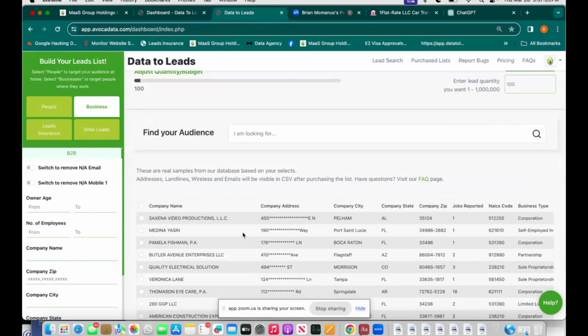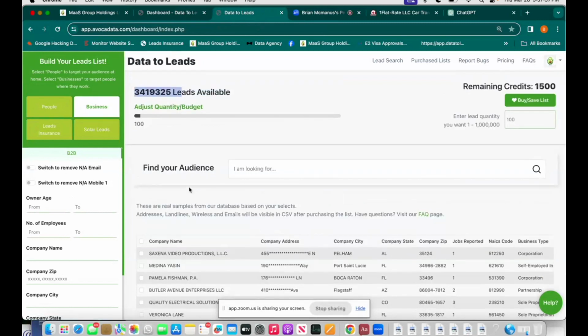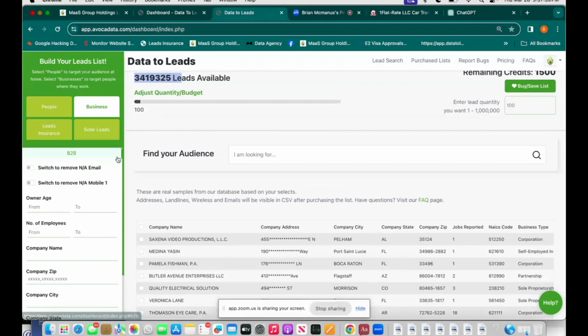So answer, yes, there's B2B right now. There's 3.5 million. And the longer answer is it's going to keep growing with different types of databases that you see here. So we're uploading 2 million real estate agents. So you'll have a real estate agent database and all the various different things like that.